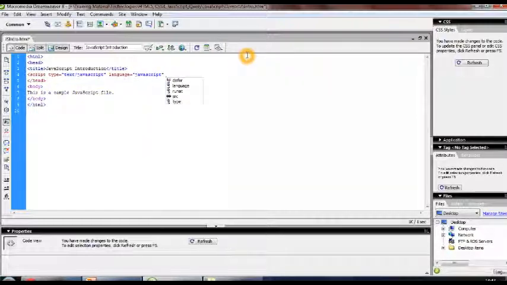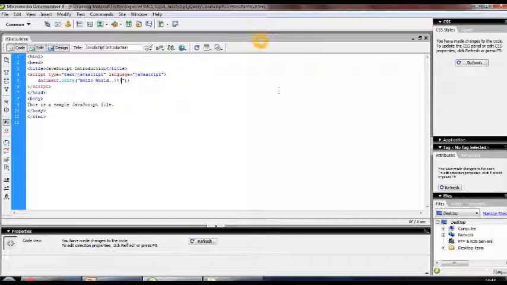Another thing, if you want you can put the source, but here we are not putting any source, so let's close the script tag. Now here we can put document.write. Now in the brackets, and after this line you have to write the semicolon. I just want to print hello world.